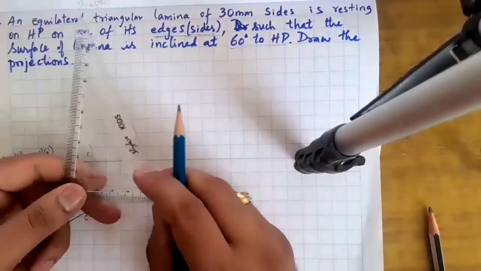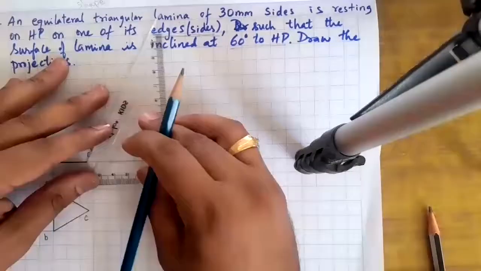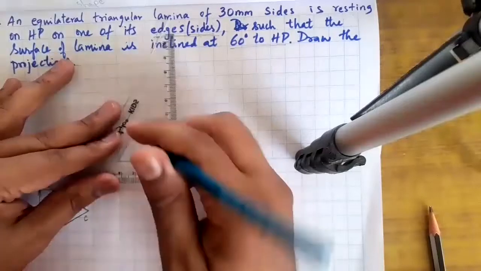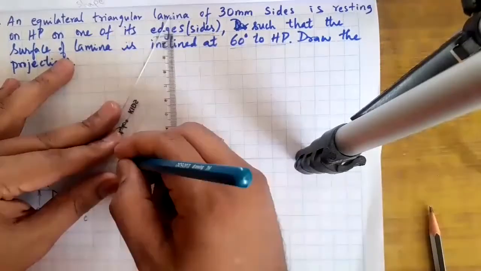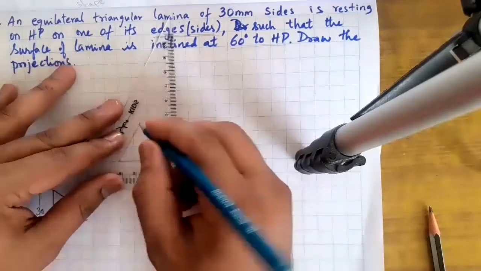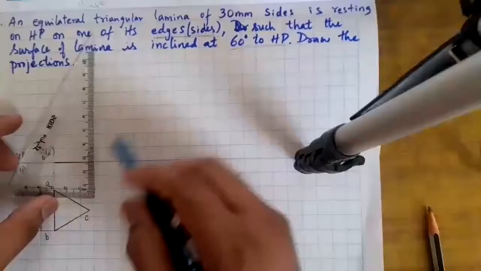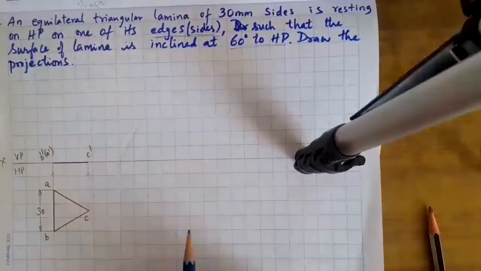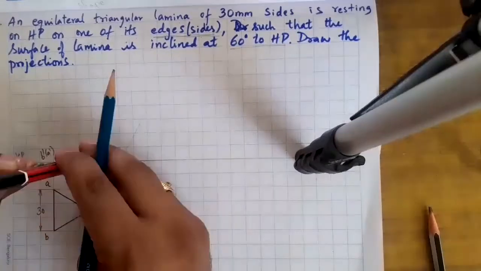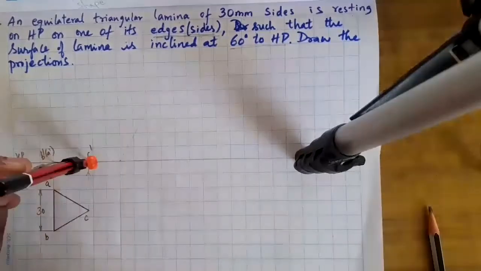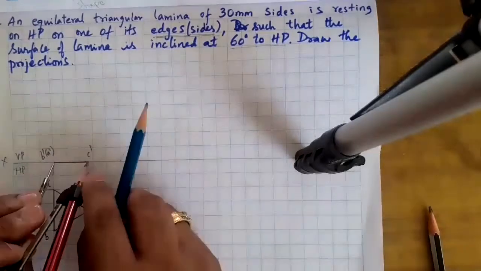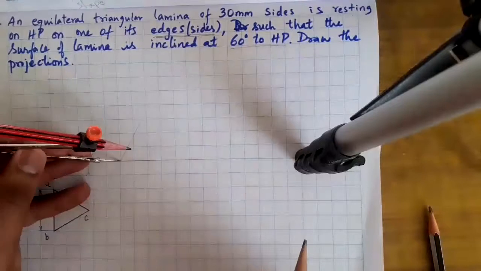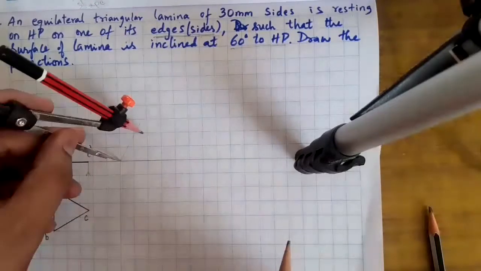I am drawing a 60 degree line somewhere here from this corner. I am drawing a 60 degree line or use a set square. I'll simply just draw a line, just extend a line on this line. And this front view, directly you take from compass, or if you are familiar, after a few problems you can continue with the dimension 27 mm in the scale. But first time you take it from compass, directly mark it here with this as center, and here I am going to mark it and identify the front view.